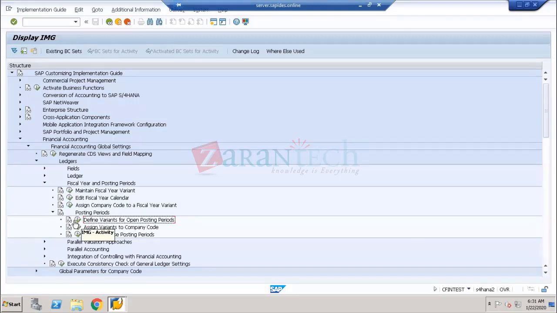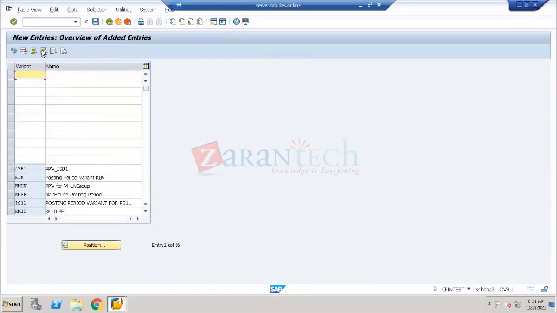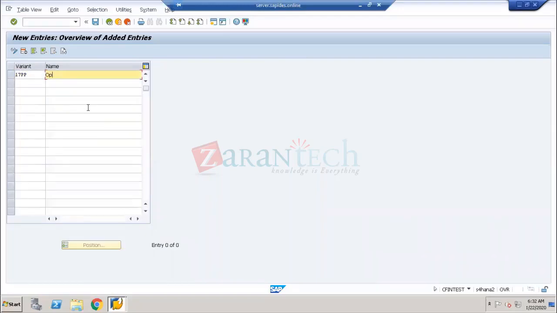So how do we create a variant? First we need to create a variant here. Go for the new entry. The posting period variant has to be given any 4 alphanumerical character code. For easy understanding, my company code is 1710, so for easy remembering I'll give 17PP. I'll write here: open posting period